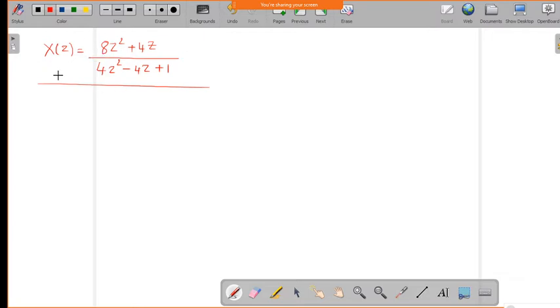Now we will move on to when X of z has multiple poles. Till now we have only 2 poles. If you have multiple poles and the poles are repeating, what we have to do, that we will see. Take this one as an assignment and try to do it.